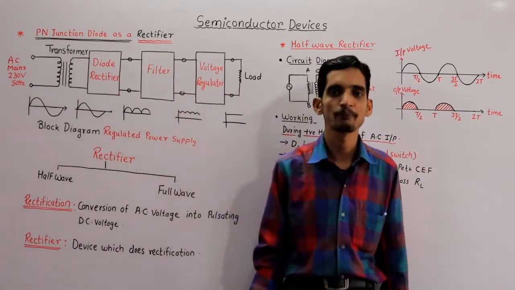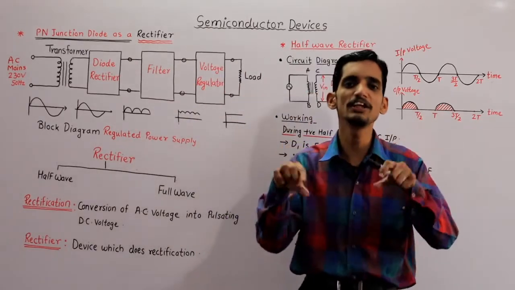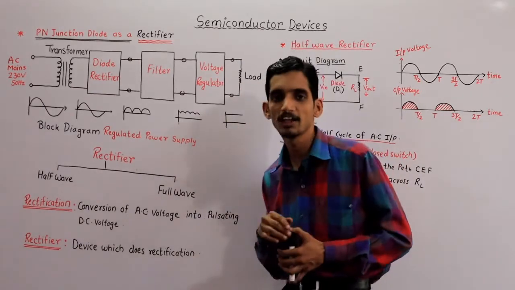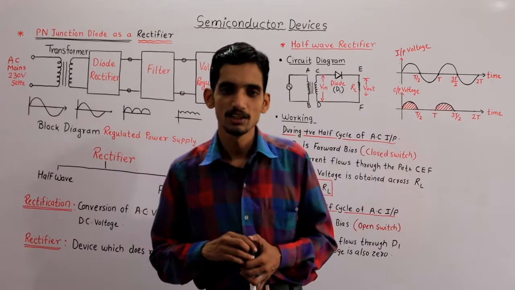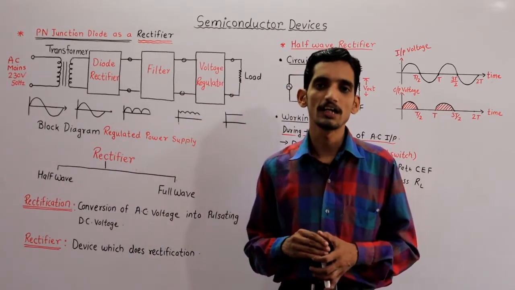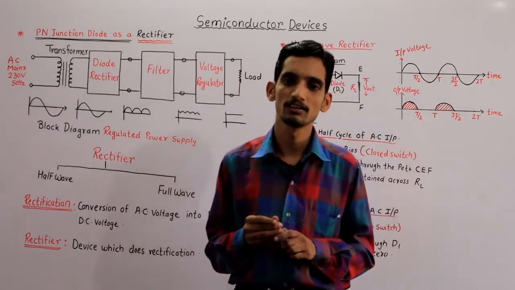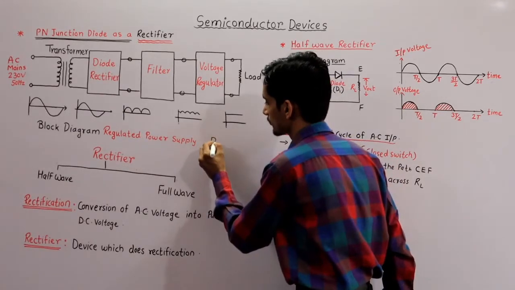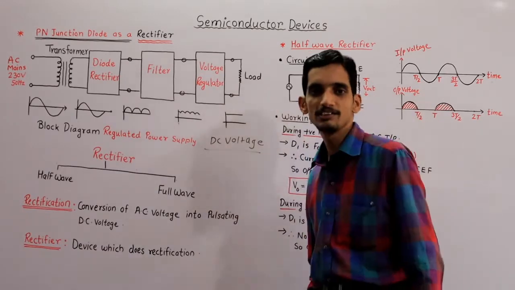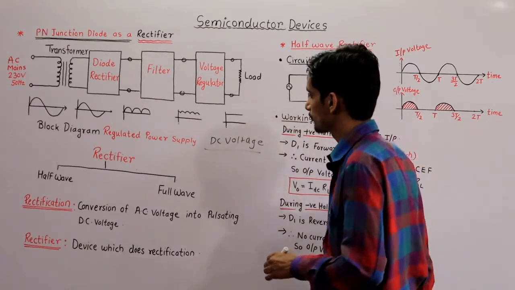as a rectifier. Now before starting this rectifier, we are going to understand what is the need of a rectifier. Why are rectifiers required in electronic circuits? Basically, many electronic gadgets like chargers or any portable devices require DC voltage. Okay, they require DC voltage. Now, one important question might arise